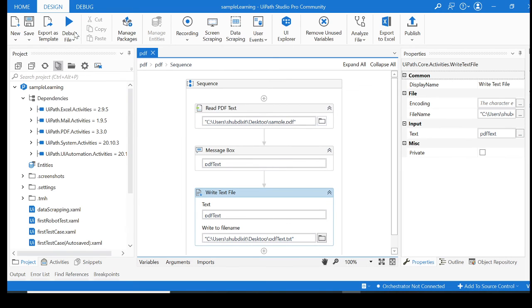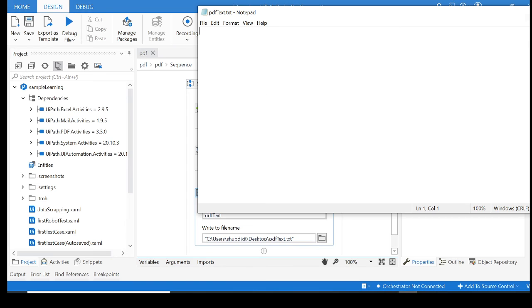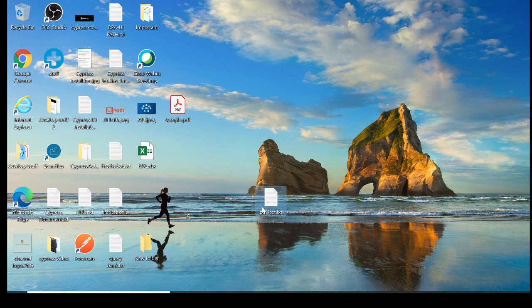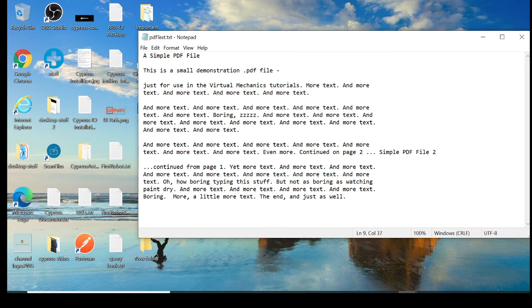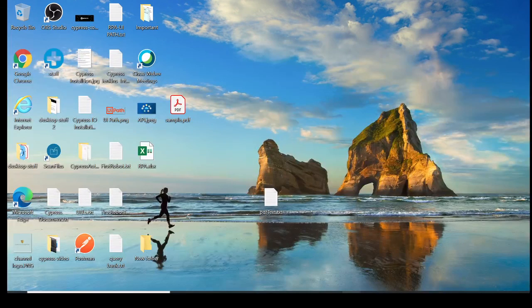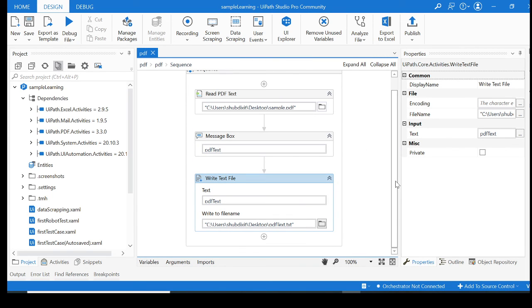Let's run it. Yeah, that works. Let's open it and see. Everything has been printed out over here, and this is how UiPath extracts the text from any kind of PDF, and you can use it for your own good or for your project's good or anything for that matter.